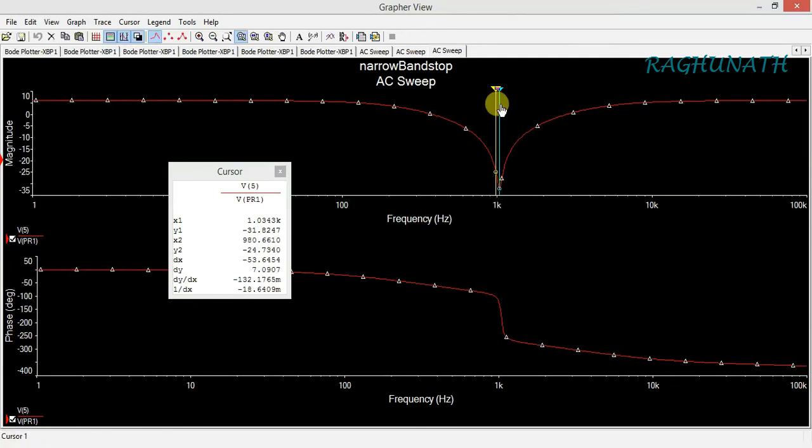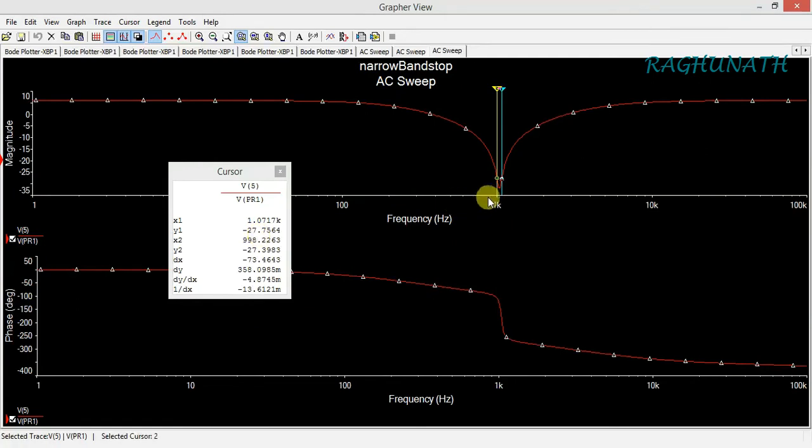First value and second value. 3 dB from 31. 31 minus 3 is how much? 31 minus 3 is 28. So you have to give 28. This is also 28. So y1 is 27.